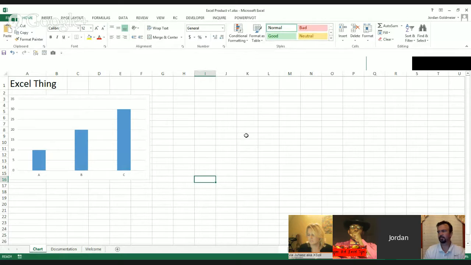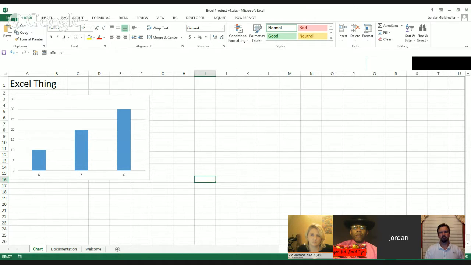Okay, so let's say I have this Excel product. Here I have this thing that says Excel thing. Here I have a chart. So what many auditing and spreadsheet design rules say is that you should have a documentation page. In fact, I found this old KPMG slide deck that said on your documentation tab you should write the person who made it, what the workbook does, instructions for use. You should define all the macros, where the input comes in, where the output goes, the methodology you use, all this stuff, intended results within